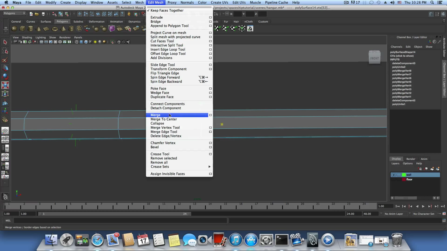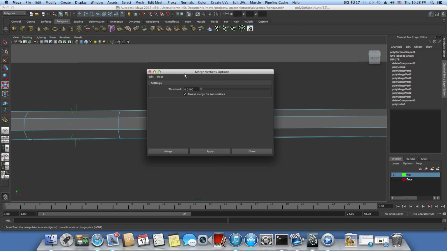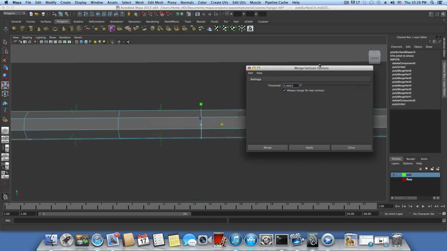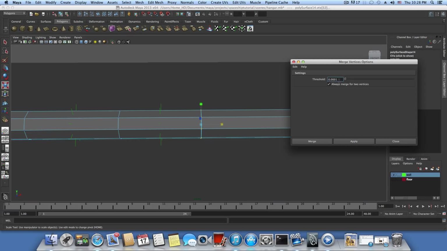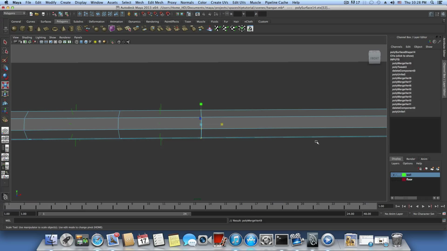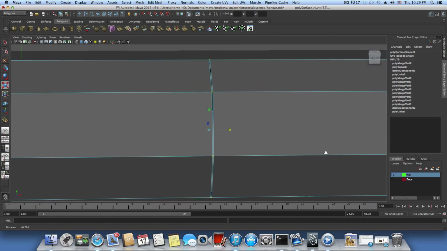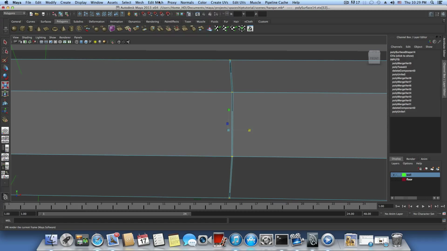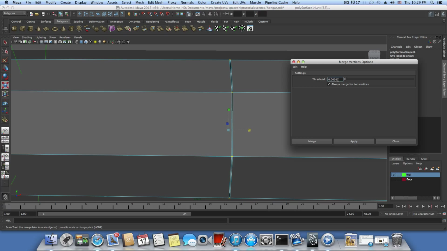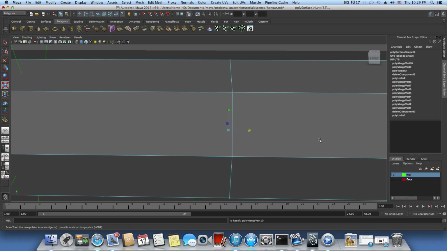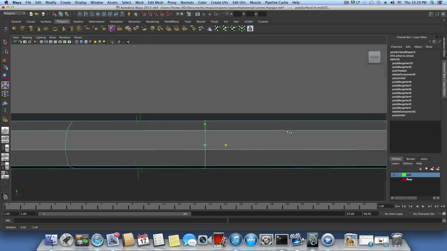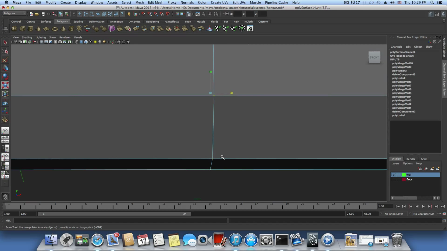and first edit reset settings, and then type in 0.01. Now if they are very close, 0.01 will be perfect, just click on merge and it should merge them all. But you can zoom in and see that nothing happened here, so maybe 0.01 is not enough. So let's type in something like 0.10 and merge. Okay, so you see some of them have been merged,